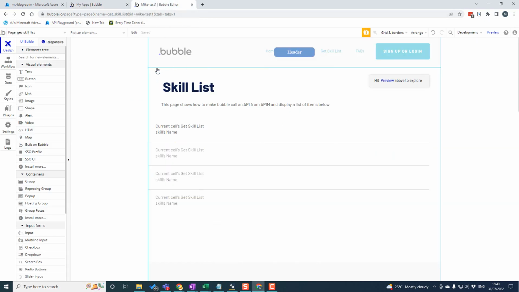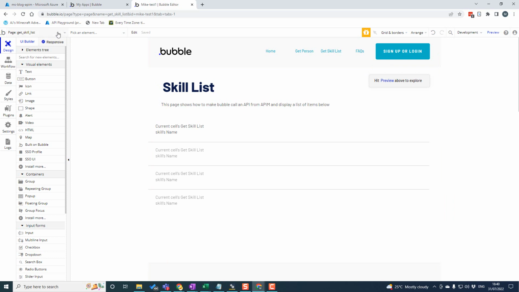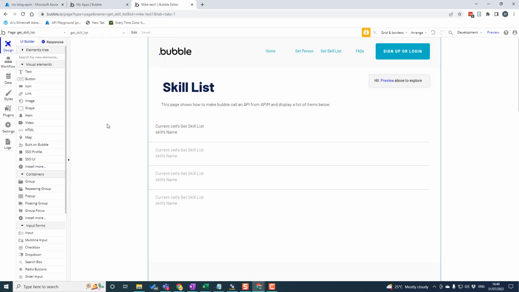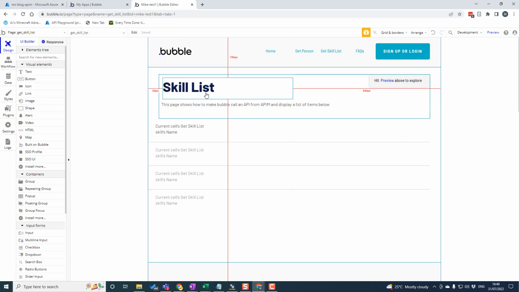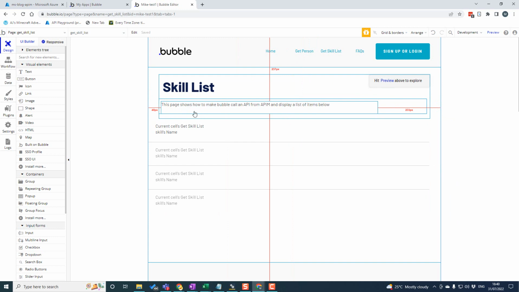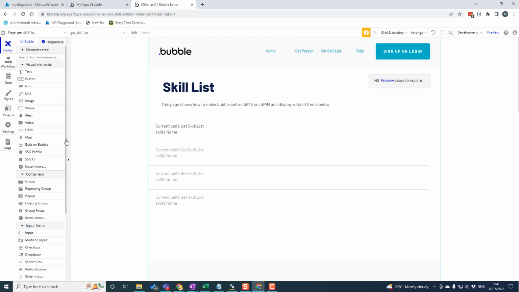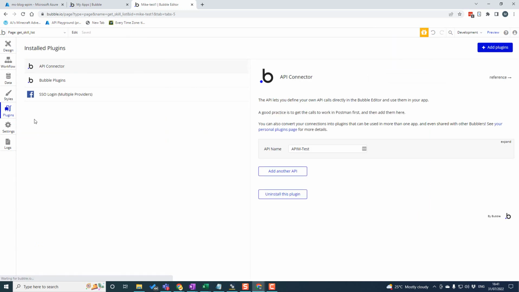We're building an app, and I've got a page here that I've put inside my app. So you can see up at the top, I've got a page called Get Skill List. And there's a couple of things I'm going to do. Basically, the page itself, title, text box. The bit we're looking at is this group or repeating group here. And this is where I want the page to load and just display the list of skills. So the first thing I need to do is go into the plugins,